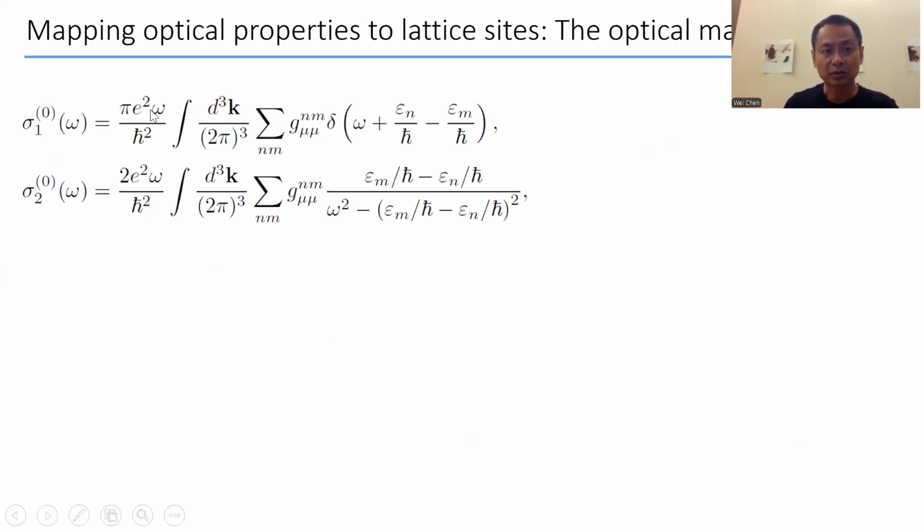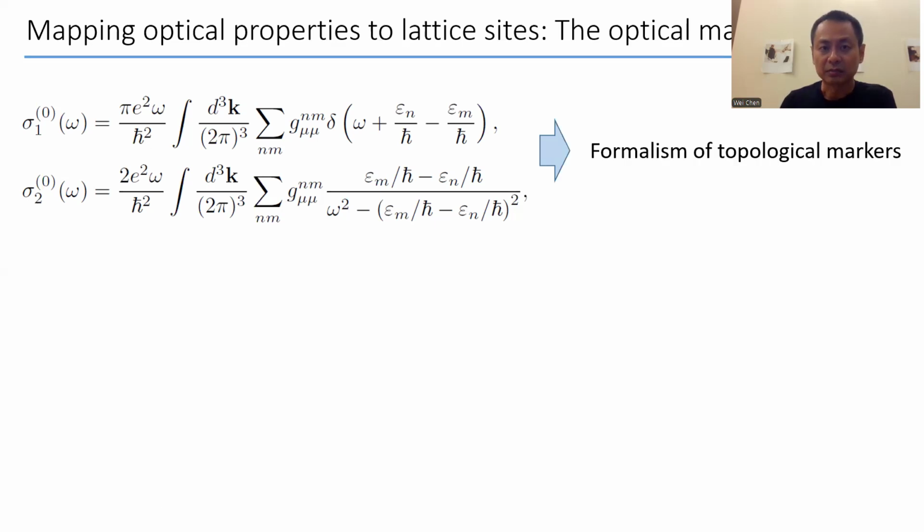Now, okay, so here I show the formula again. What you measure in real space is actually the optical conductivity in momentum space, but integrated over momentum. So you have an integration over momentum here. Moreover, this real and imaginary part, as you can see, both are determined by the quantum metric, and the kernels are simply related to each other via the Kramers-Kronig relation, as I have mentioned earlier.